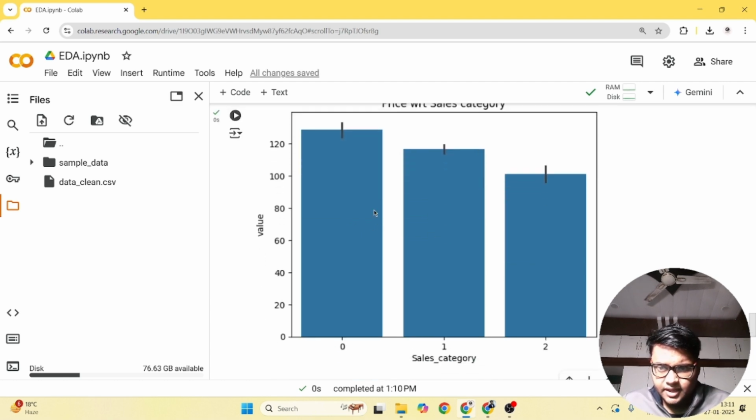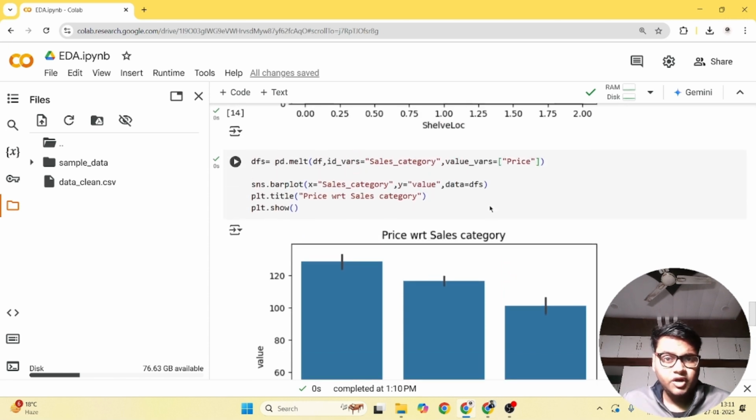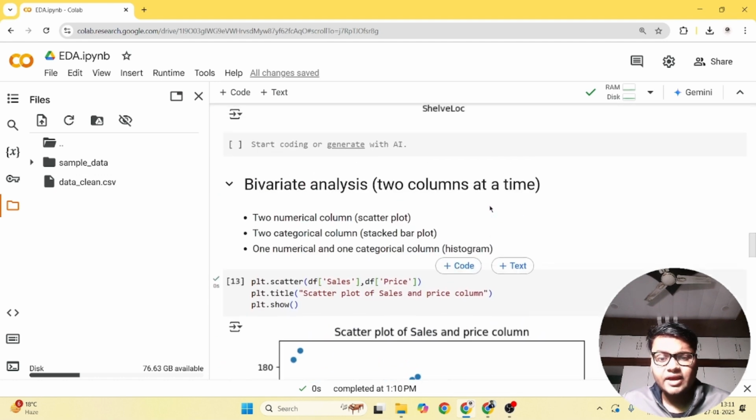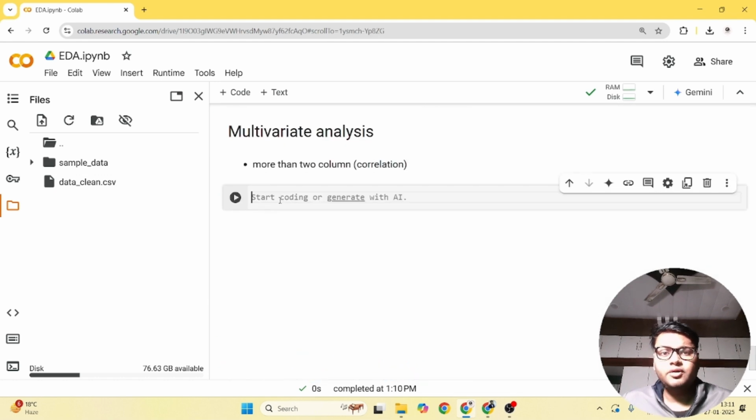Now here we can see that sales category 0 has higher price as compared to sales category 1 and 2. So this is how you analyze one numerical as well as one categorical column. This is called bivariate analysis. Next we are going to something called multivariate analysis. Multivariate analysis means when you are going to analyze more than two columns at a time. The best example we have is something called a correlation graph, which tells us the relationship between